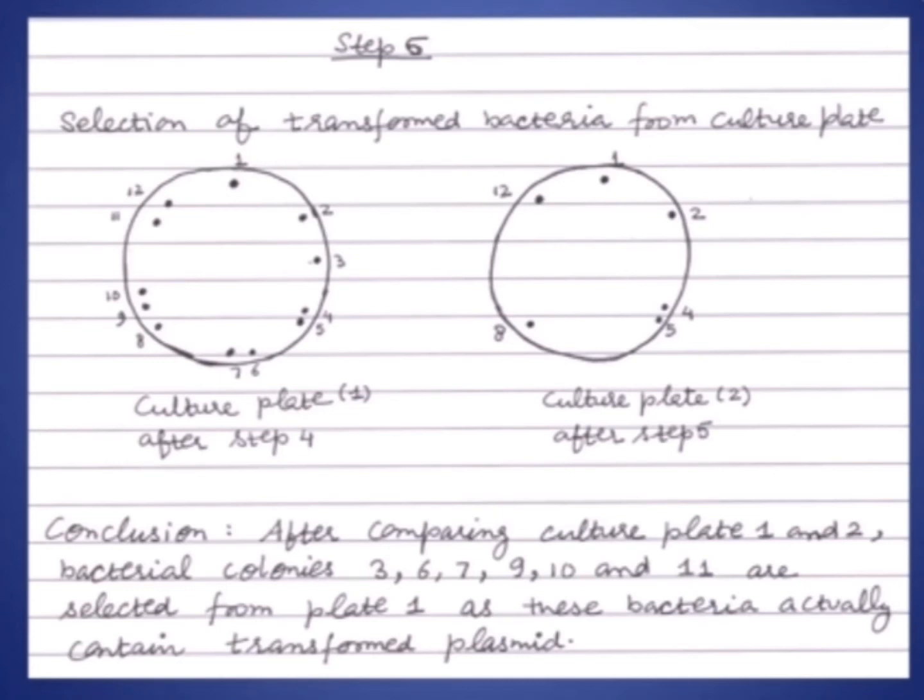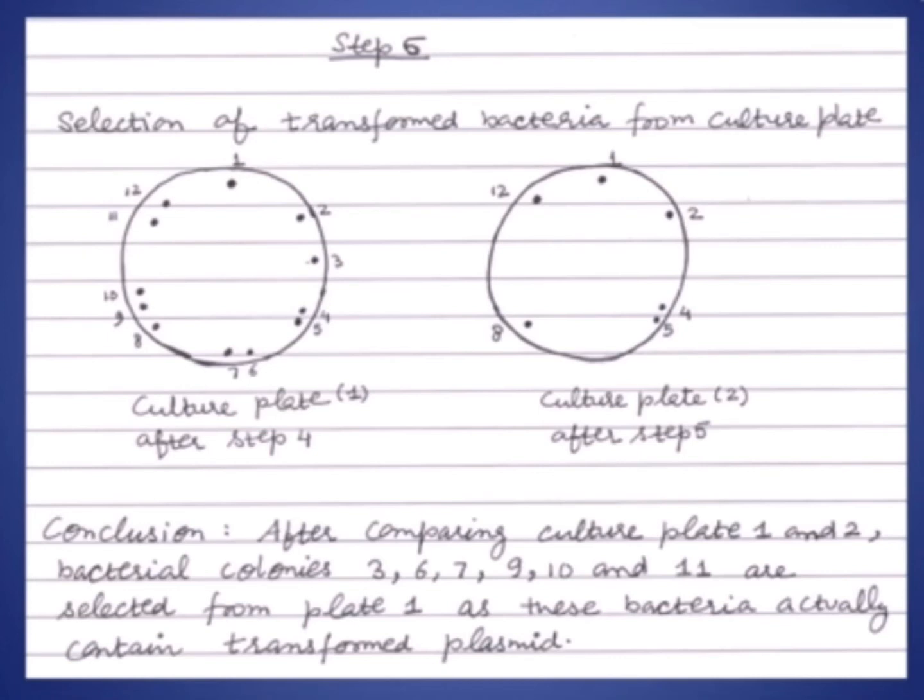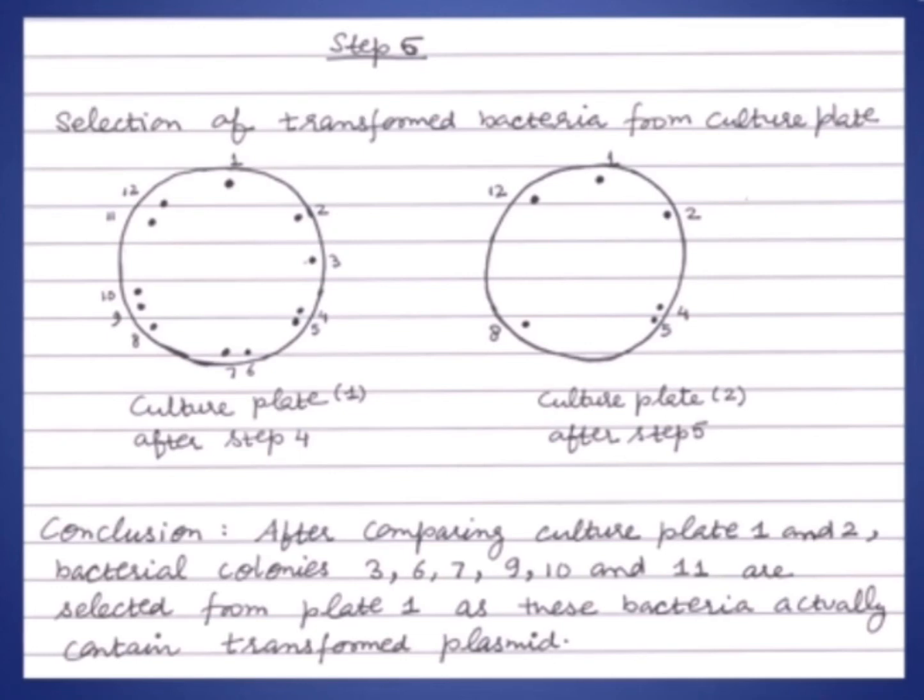To make it easier, I have given here numbers 1, 2, 3, 4, 5. These are the bacterial colonies. You can see in the first culture plate number 1, number 2 is present. In the second culture plate also number 1 and number 2 type of bacteria is present. But what about 3? 3 is not present in the second culture plate. Now why so? Because that must be the bacteria which will not have tetracycline resistance gene. That tetracycline resistance gene has inactivated. That means third type of bacteria will be the transformed bacteria having transformed plasmid.